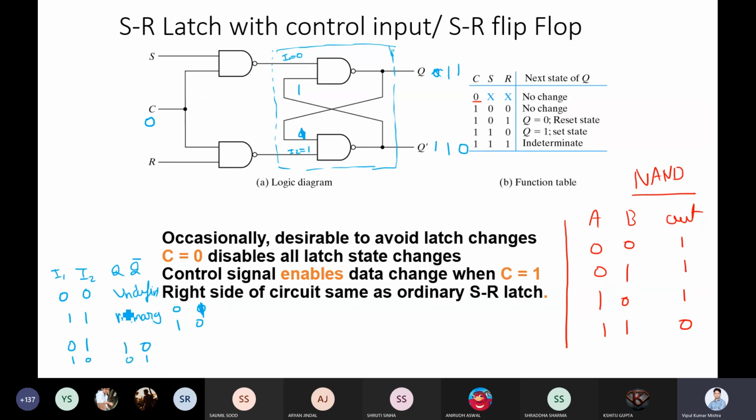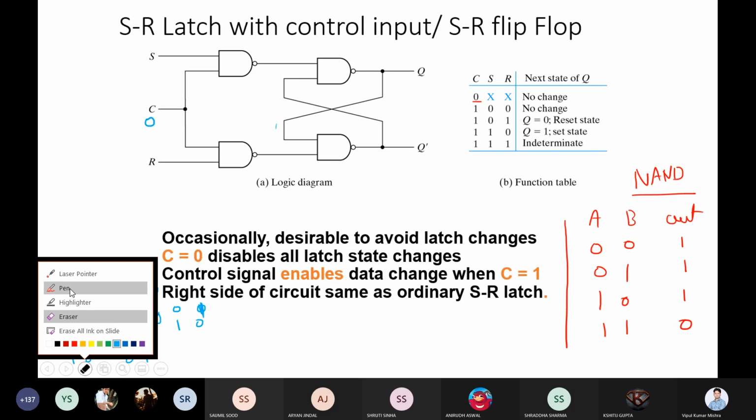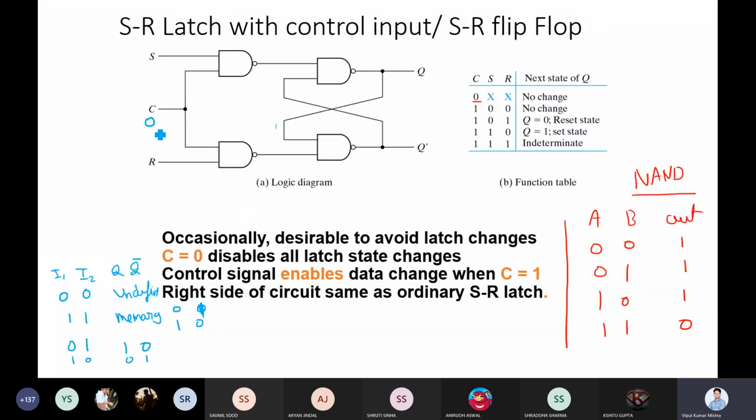So based on this, let's look into the entire circuit. So let me erase remaining part. Okay, so when c equal to 0, let me say we can take value of 0 and 1.